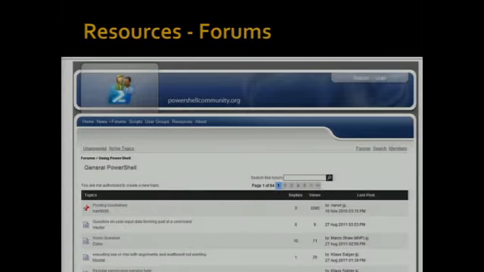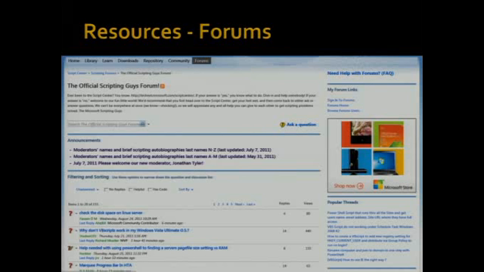Forums. It all starts off, for me, with the PowerShell community. The PowerShell community is a 501(c) nonprofit organization dedicated to advancing the PowerShell community at large. You're going to find user groups here, information about the partner ecosystem, all that fun jazz, as well as a forum to answer general PowerShell questions. There's a lot of PowerShell MVPs that monitor it. Microsoft Scripting Guy site. Again, if you've got a Microsoft-related problem, this is where to go. It's loaded up with MVPs across the entire product group: Exchange, SQL, PowerShell. They're going to answer your problems.